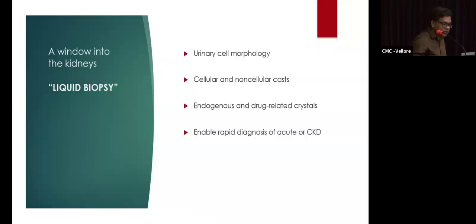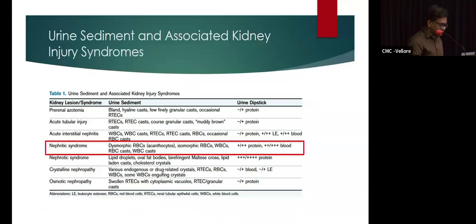It also tells us about the casts, either a granular cast, or the muddy brown cast associated with acute tubular necrosis. It also tells us about the various crystals associated with drugs, like acyclovir, for example. It also enables the rapid diagnosis of either acute or chronic kidney diseases. As we focus on hematuria today, you can see it particularly in the nephritic